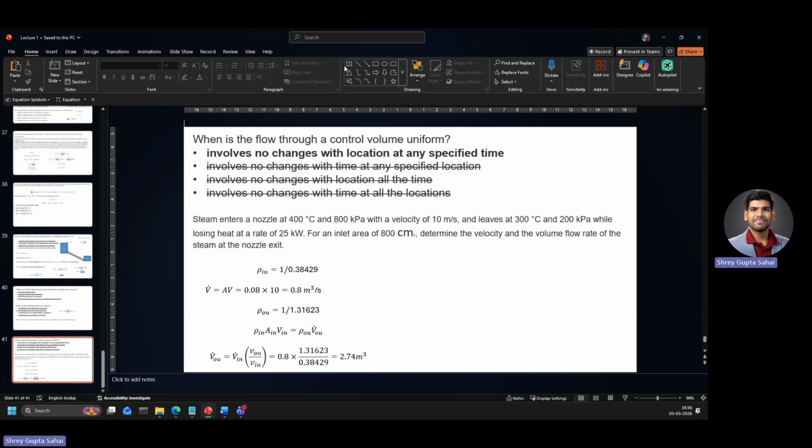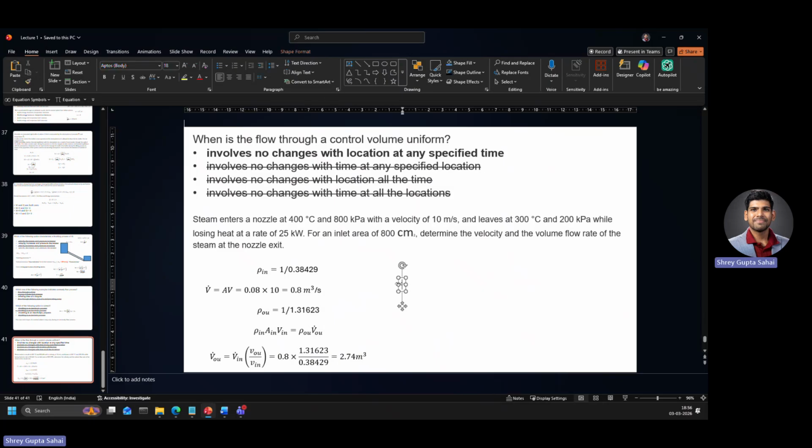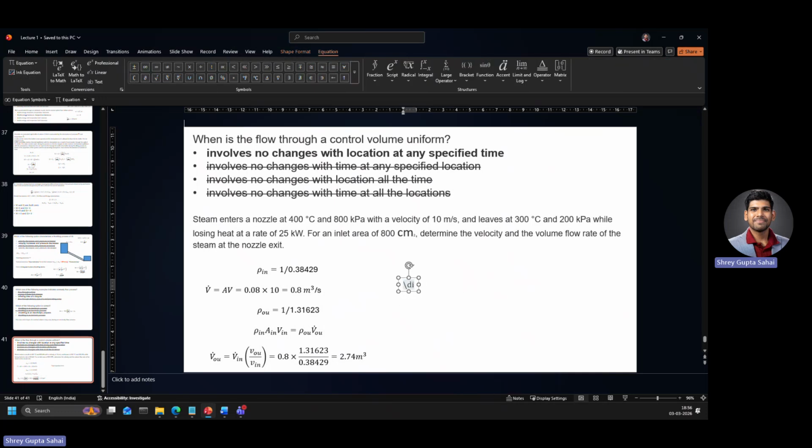Our equation for this nozzle is a steady flow equation. This is a steady flow process, right? So in that case, we can say that there's only a single stream, so this becomes m dot times h in minus h out